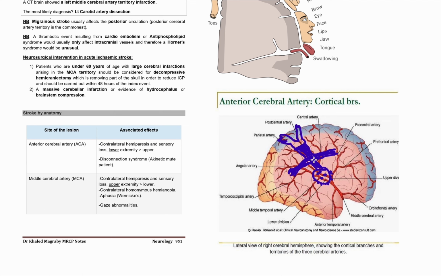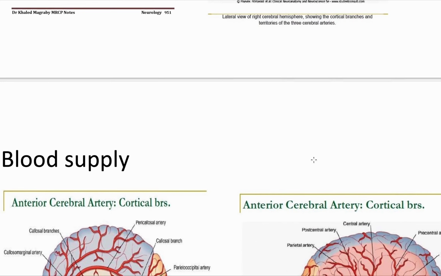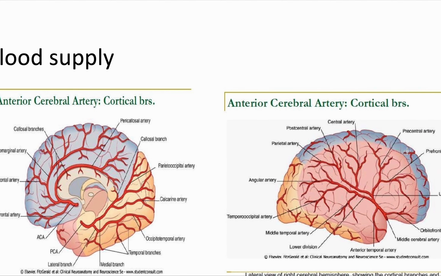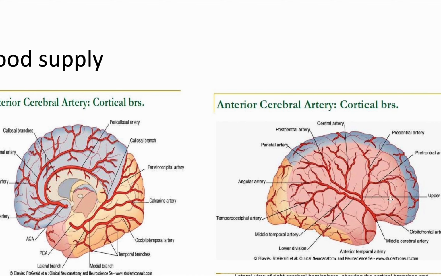Okay. So in case of blood supply of the brain, we know that the medial portion of our cerebral hemisphere is supplied by the anterior cerebral artery. This blue area is the territory of the anterior cerebral artery. It gives blood supply to the medial surface of the cerebrum as well as some lateral portion. You can see this is the lateral area of our brain hemisphere, and in the upper portion